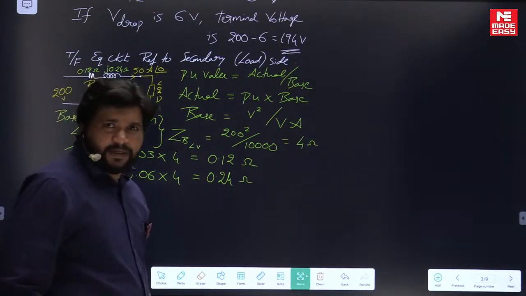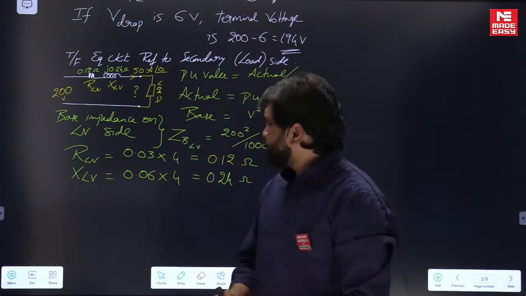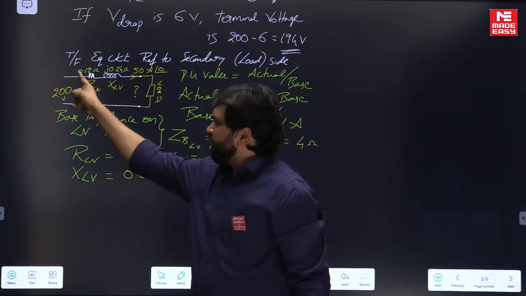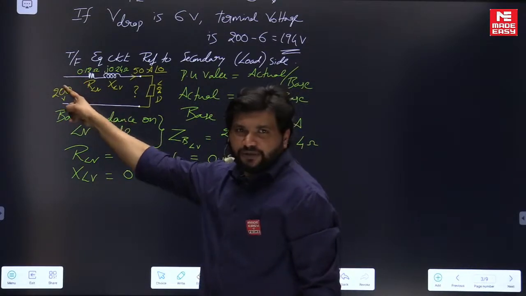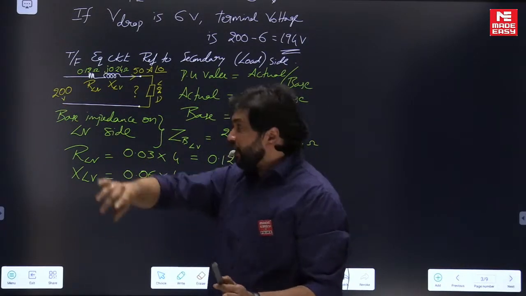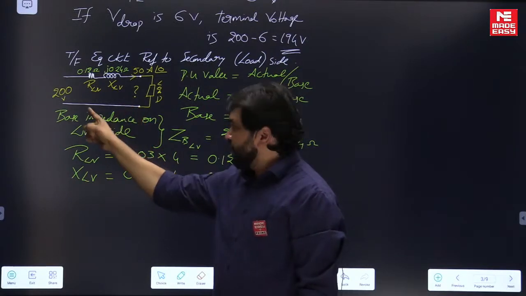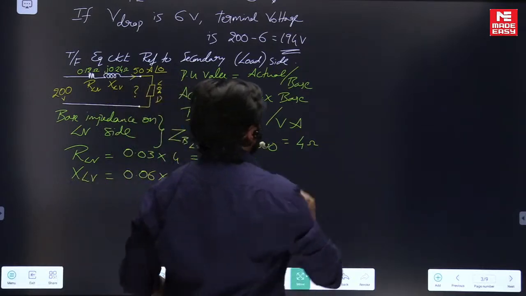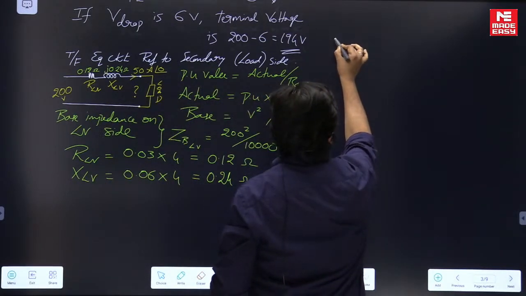So the question is, what is the load voltage? Voltage across the load. Then, given in the question, 200 volt side. So this is the transformer equivalent circuit referred to load side, LV side. So 200 I'm putting here and I have to calculate this. So simply we can write